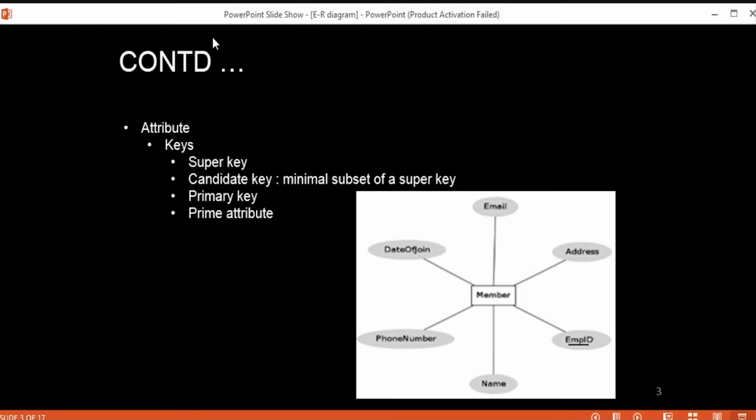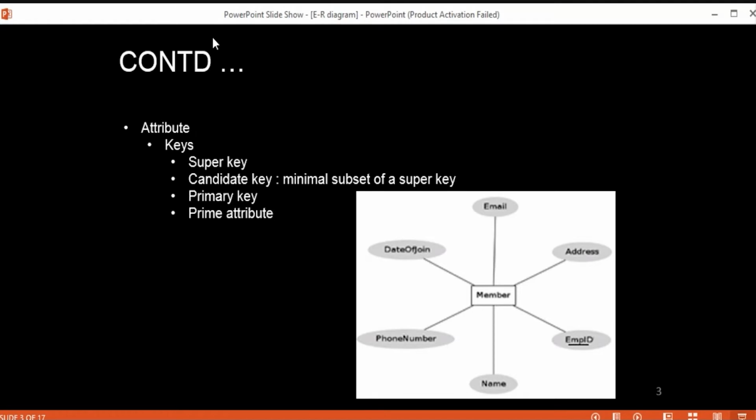An entity can have zero or more attributes, and it is essential for an entity to have one or more attributes, which help us distinguish it from other entities in your diagram.